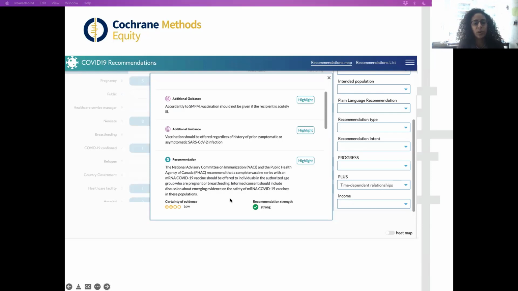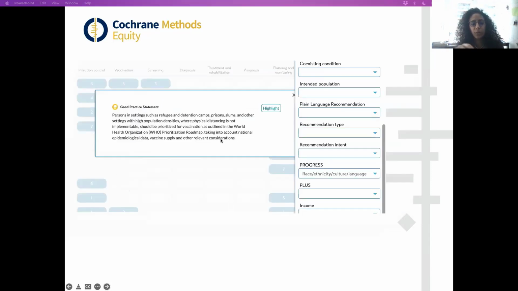And so for the next one, when we chose from Progress specifically to filter for race, ethnicity, culture, and language, we found a specific good practice statement, for example, that says that persons in settings such as refugees, detention camps, prisons, slums, and other settings with high population densities where physical distancing is not implementable should be prioritized for vaccination as